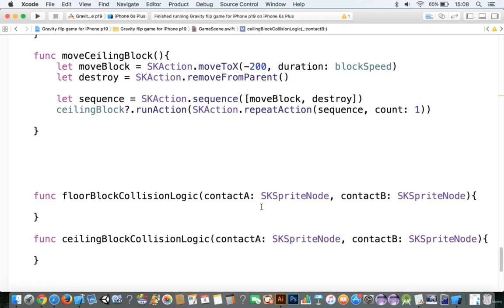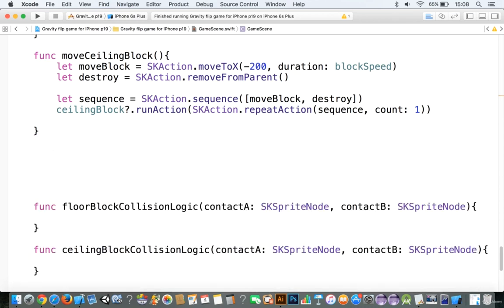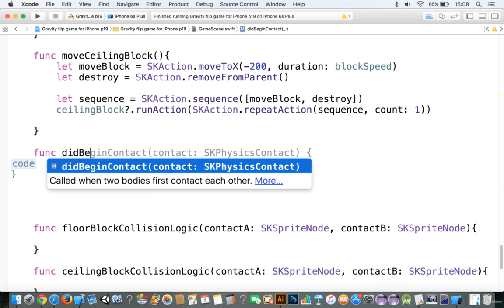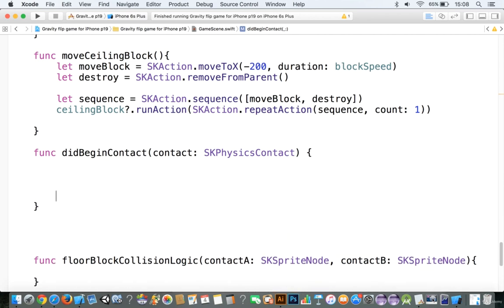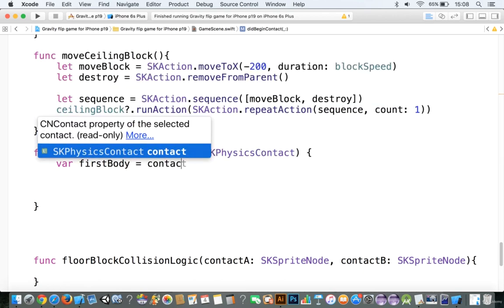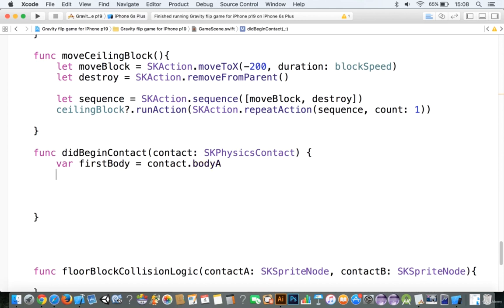So we're going to pass the sprite nodes into these functions. In order to do that, we'll add a function called didBegin(contact). Now, if you don't see didBegin contact, you added in the wrong delegates up at the top. See the beginning of this tutorial to try it again. Let's add in a var. We'll call this firstBody equal to contact.bodyA, var secondBody is equal to contact.bodyB,